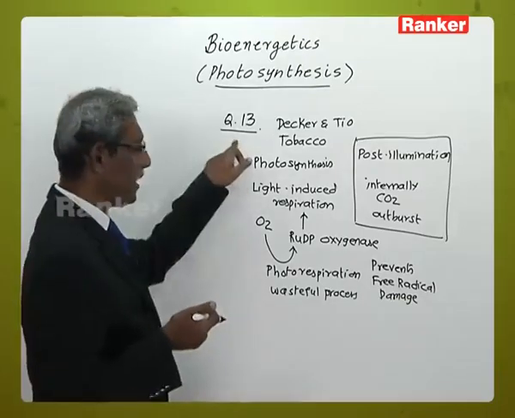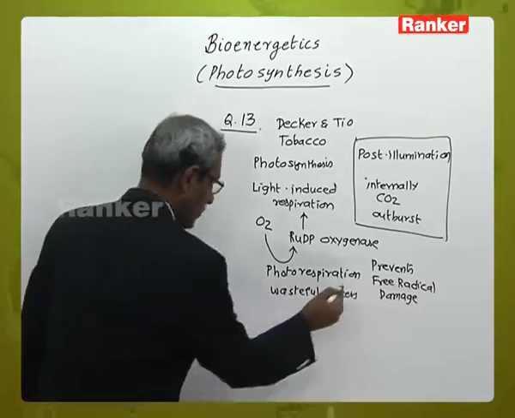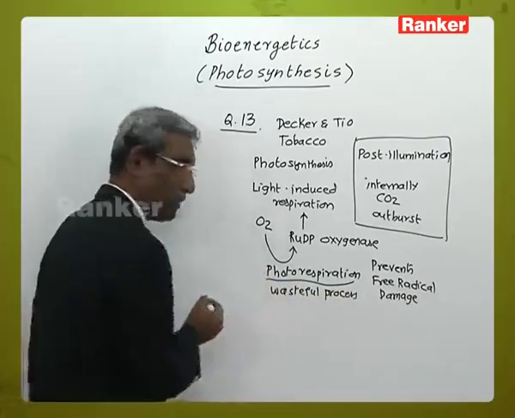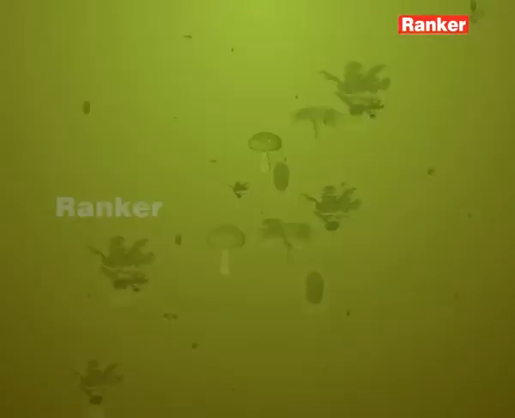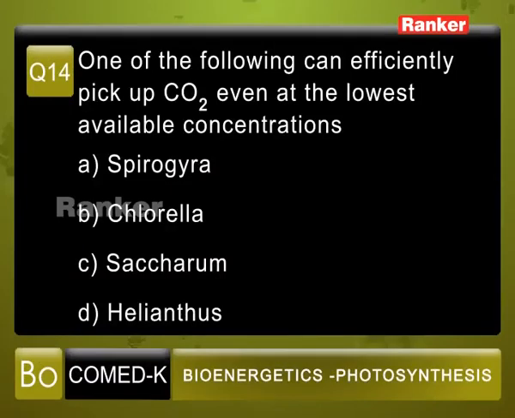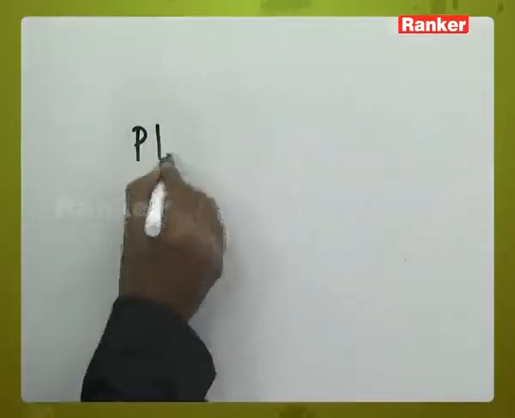So, when you take question number 13, post-elimination outburst is primarily related to the process of photorespiration which occurs in green plants. The answer is B. Question number 14. One of the following can efficiently pick up carbon dioxide even at the lowest available concentrations. A. Spirogyra, B. Chlorella, C. Saccharum, D. Helianthus. When you take plants,